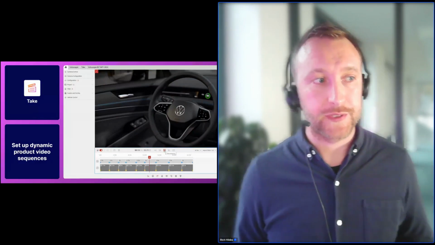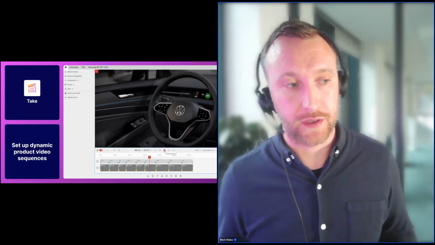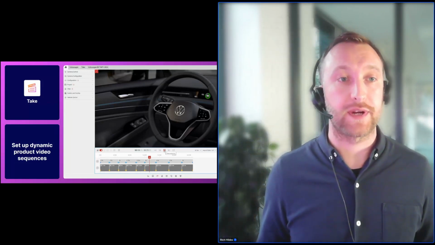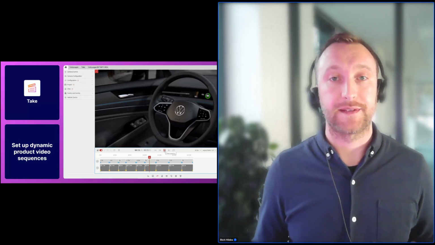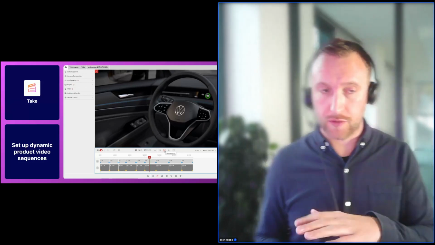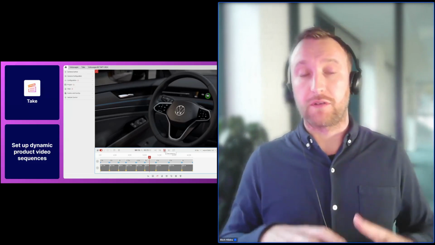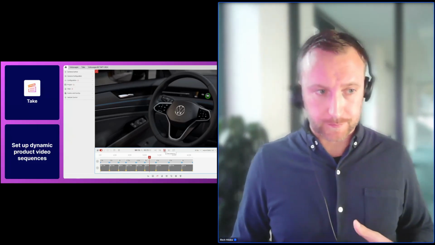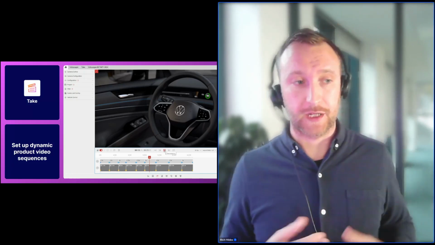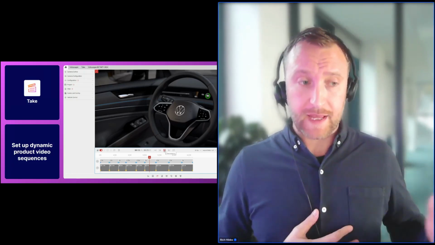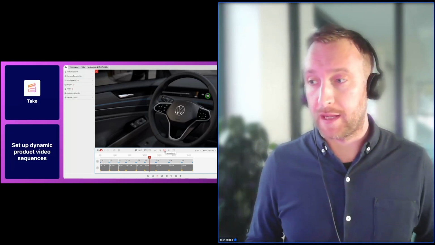Another application we looked at was the Take app. So again, this is an application that's available to all users subscribed, but this allows you to create video sequences. So it very much allows the user to be the director. It gives them full control over the camera, and they can build up a camera movement or a video sequence essentially. Once that's done, it's again saved as a sequence, and it can be called upon via the API, or it can be shared with other users in your team. So we'll just have a look at what that looked like as well.